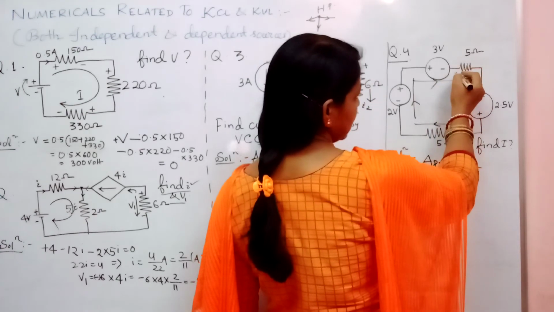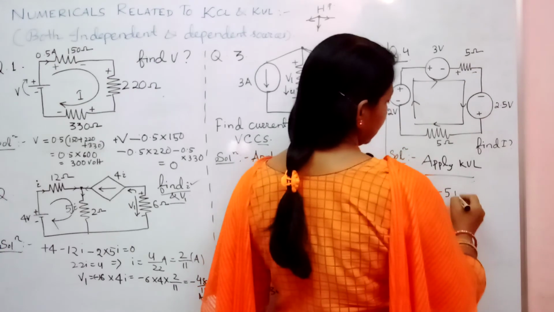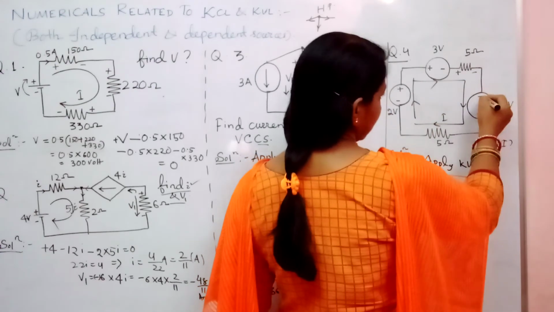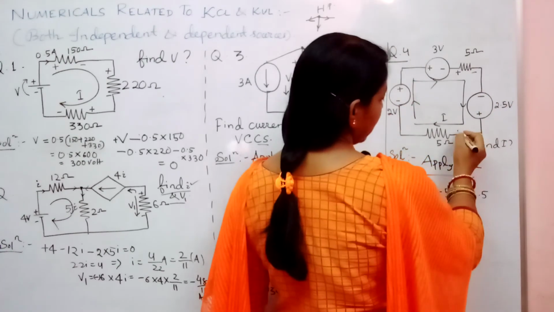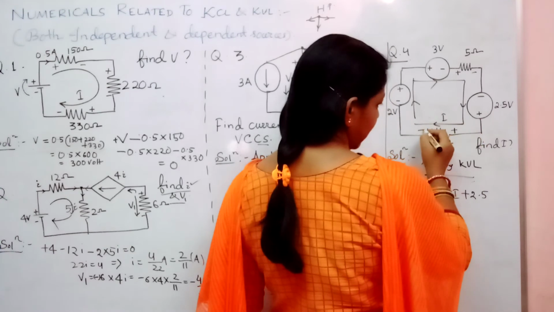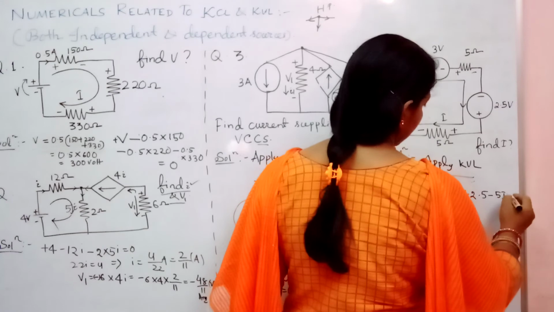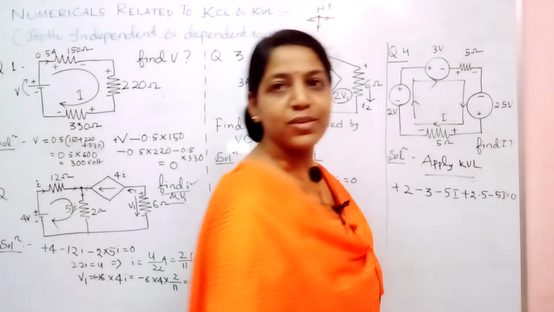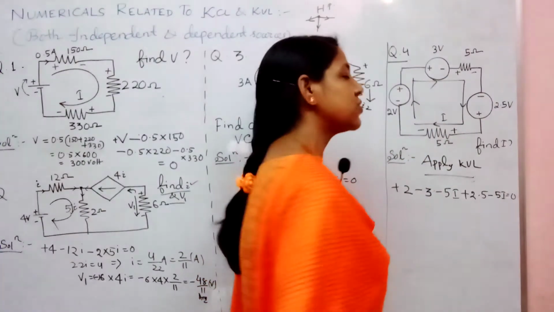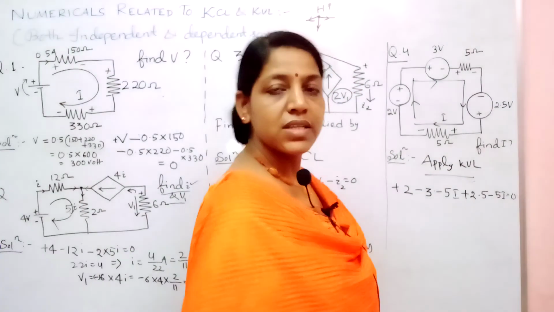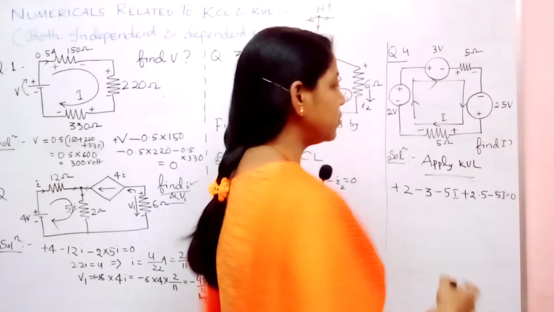Now across this resistor, it is entering and leaving, so minus 5. We don't know the current, let it be I, this current. Then negative to positive, it is increasing, so plus 2.5. Now it is entering at positive, leaving at negative, so minus 5i equal to 0. Clear? You need to pay careful attention to the sign convention. For a resistor, current always enters at positive and leaves at negative. With that sign convention, it will be easy.